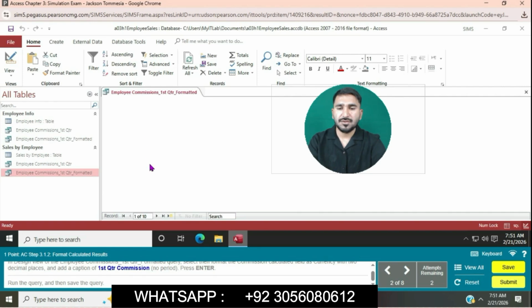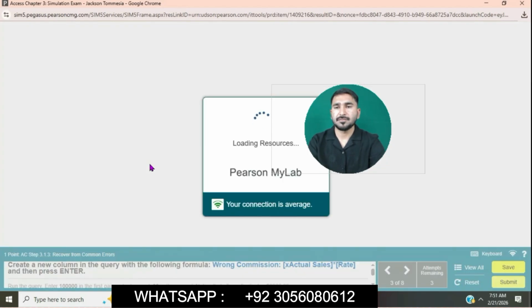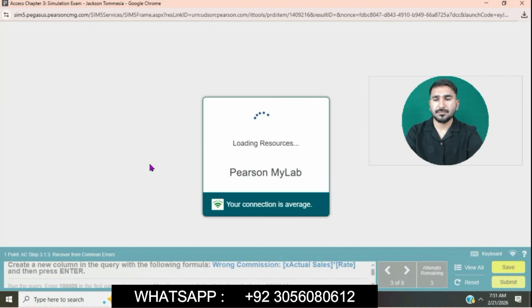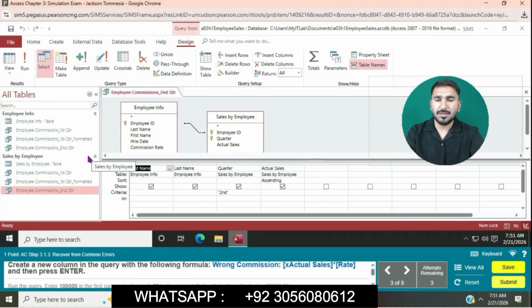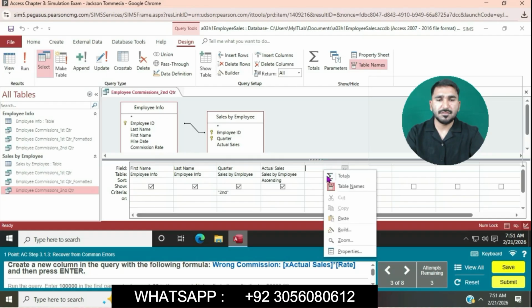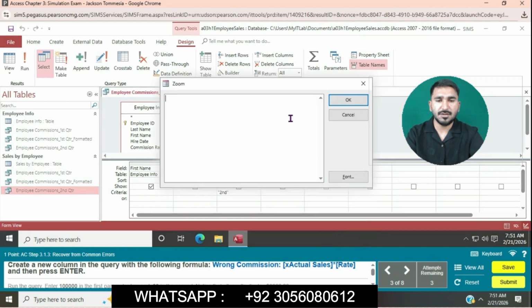Now, the next question is create a new column in the query with the following formula: wrong commission into actual sales multiplying by rate. Okay, right click on this arrow and click on zoom button. So we will create a new column in the query with the following formula, wrong commission